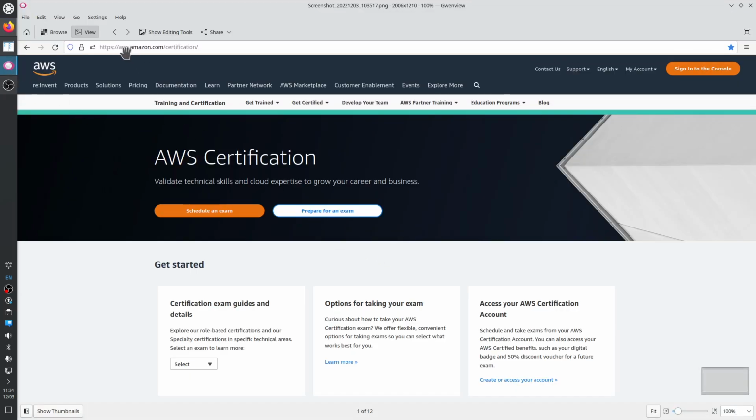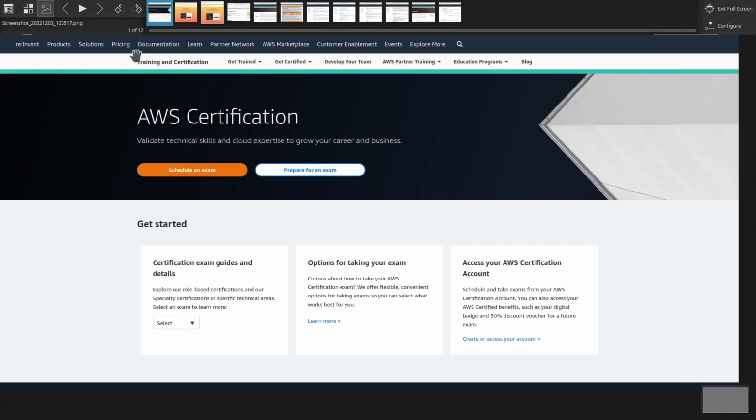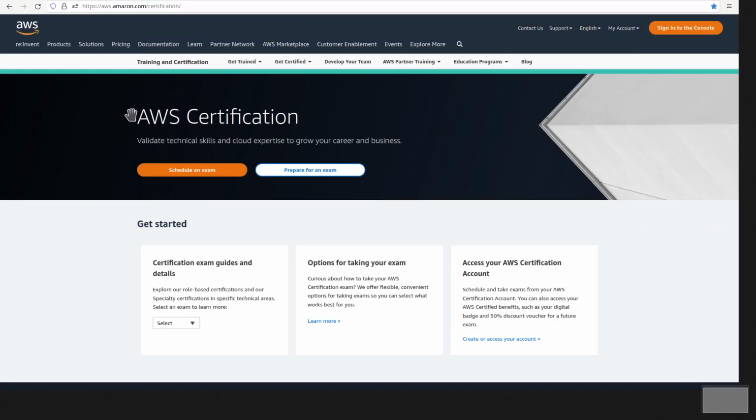So there's aws.amazon.com, which is the website of AWS, Amazon Web Services. And then there's the certification page. By searching for AWS certification on Google, it will take you here. You will need to have an account. You will need to create an account on Amazon.com, maybe your regular account that you use for Amazon.com shopping. And then you will need a separate account for